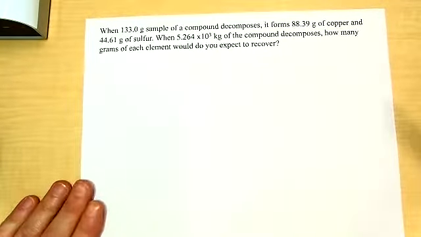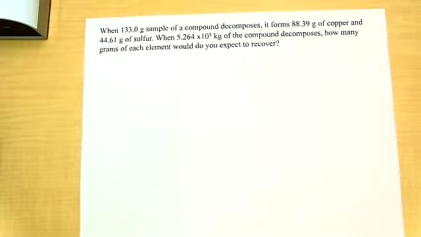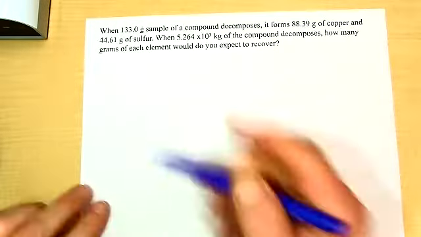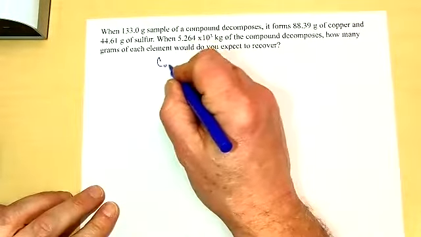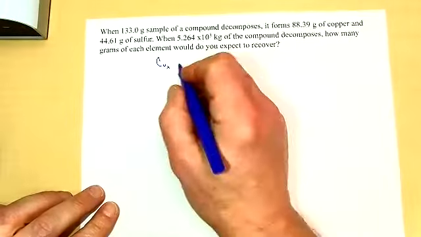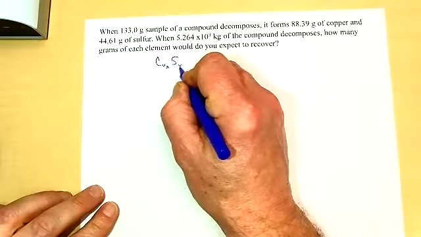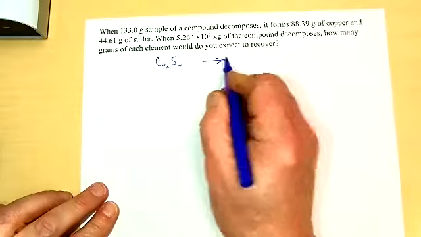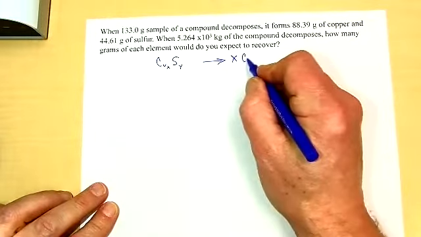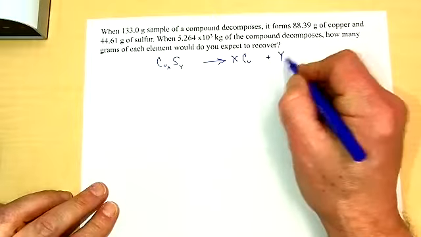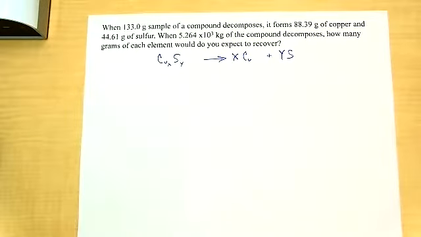When 133.0 grams of a compound decomposes, it forms 88.39 grams of copper and 44.61 grams of sulfur. Okay, so what we have is some compound that's composed of copper, and we'll just put a subscript of X here, and sulfur, put a subscript of Y, and when it decomposes, it's going to make X of copper plus Y of sulfur, right? That's just a generic looking